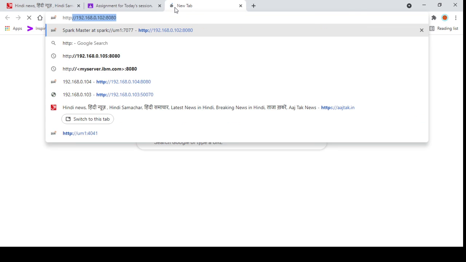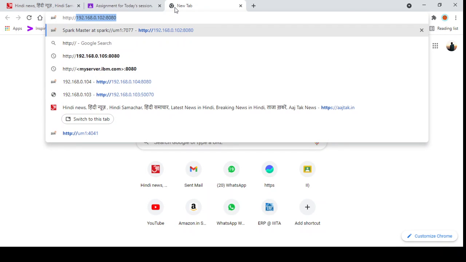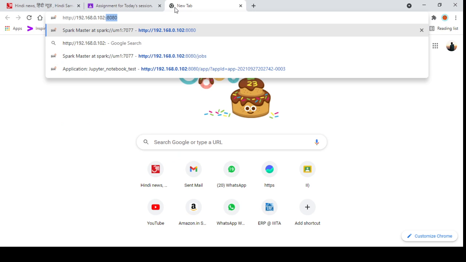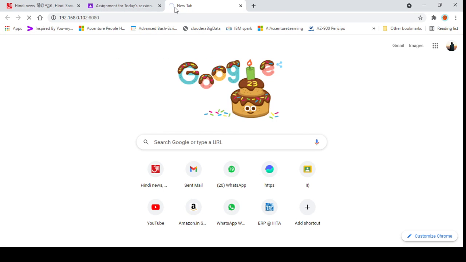Yeah, so if I type http and then my IP address, 192.168.0.102, the port number is 8080 by default. You can change the port number, but by default it is 8080.